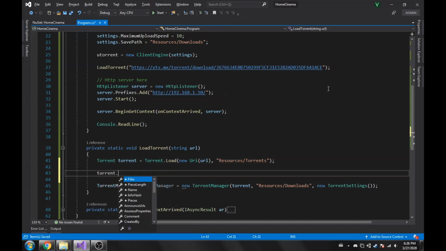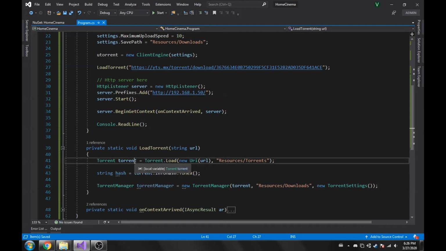So the interesting thing with magnet links is that the torrent has a unique hash to it. So every torrent has a unique hash, and that's what we get here. So we can actually go ahead and get the hash and convert it to a text string, and we just have a hash. So this will be unique to this specific torrent that we are downloading, and we can actually